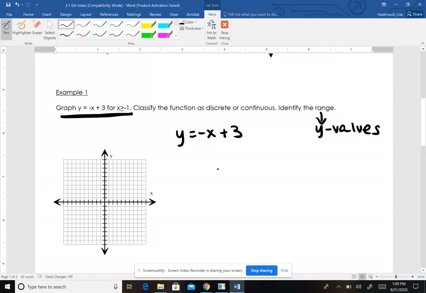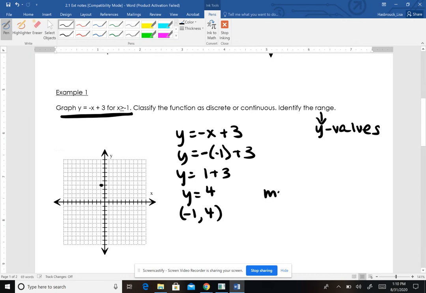So in order to figure out what that point is, I'm going to replace x with a negative 1. This becomes a positive 1 plus 3, which means my y value is 4. So for our starting point, we have negative 1, 4. Every point from there has to have an x value greater than negative 1. We are using the slope to plot the rest of them, and our slope is that negative sign, so it's